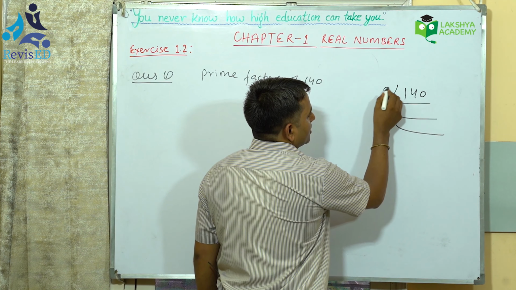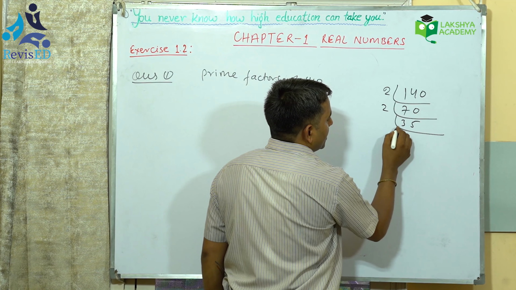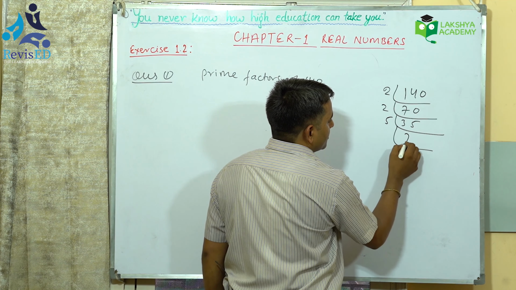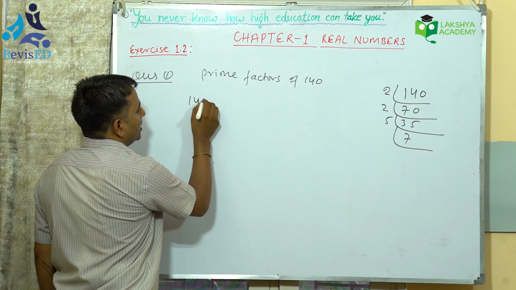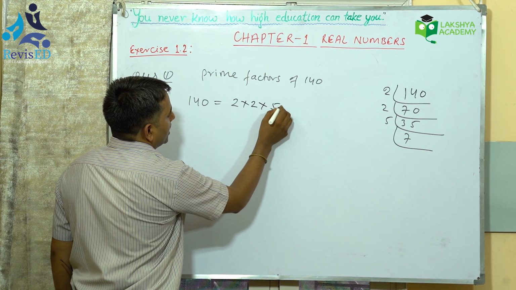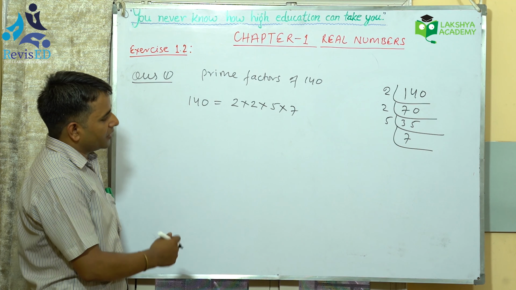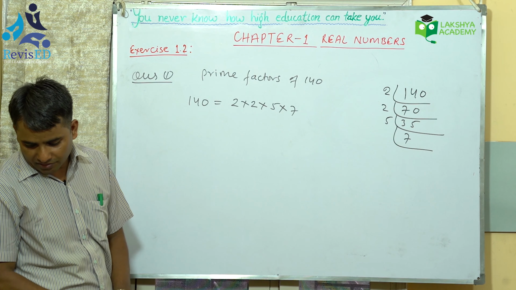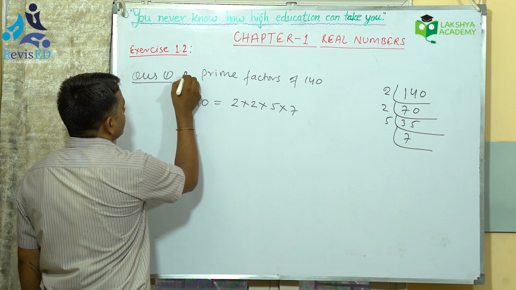140 is 2 times 70, then 35, then again dividing by 5, this is 7. So we can write the prime factors for 140: this is 2 into 2 into 5 into 7. Similarly, we can find the prime factors for other numbers also. For example, if we take another number,